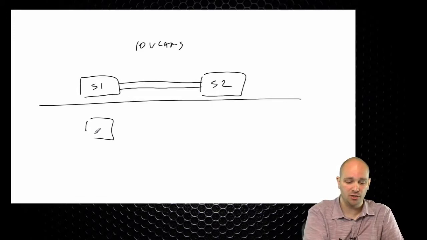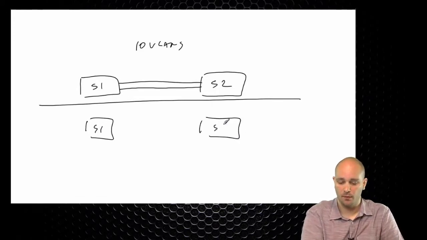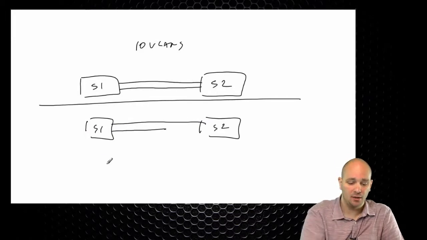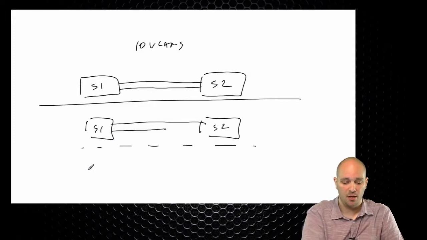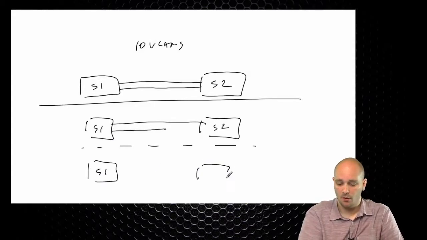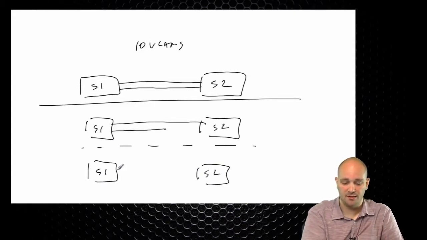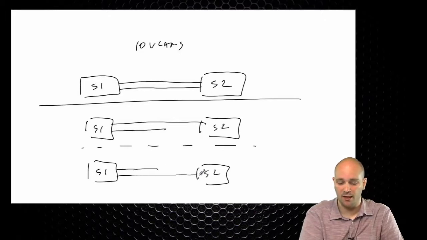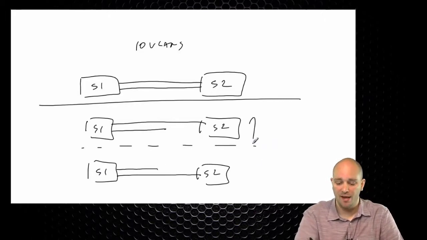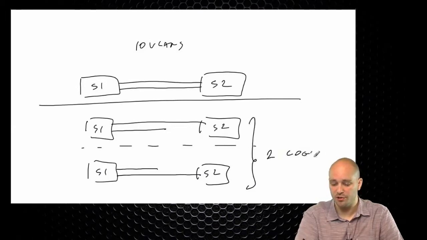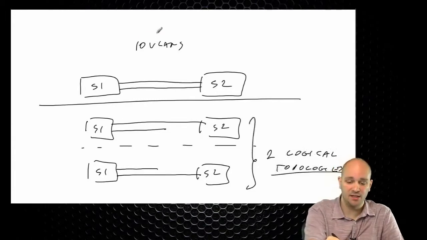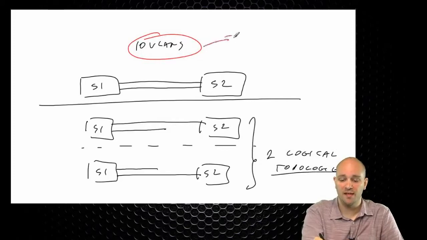Well, we have the logical topology in which the top link is operating and the bottom link is blocking. And we have a possible logical topology where the situation is reversed, where the top link is blocking and the bottom link is forwarding. So we basically have two logical topologies that are possible. But with 10 VLANs configured, with PVST, we are going to have 10 logical topologies